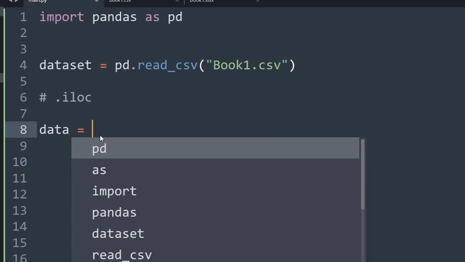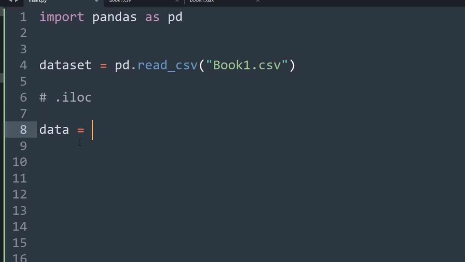For that, what I'll say is data is equal to my current data set that I'm working with, and then I will say .iloc, open my square brackets, and now I will do the simple work of slicing through my data, how we usually do through a list.